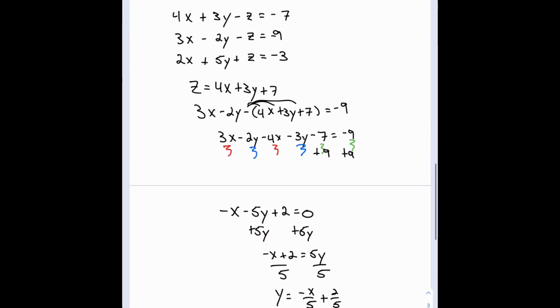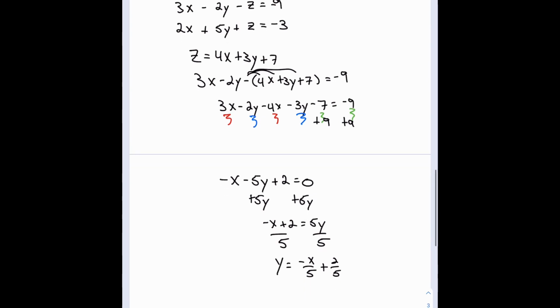Now the final step here is a little involved. We know what y is in terms of x. We know what z is in terms of x and y. And then we have this final equation. So I'm going to take my 2x plus 5 times what our y equals, negative x over 5 plus 2/5. And then I'm going to add what our z equals, which is 4x plus